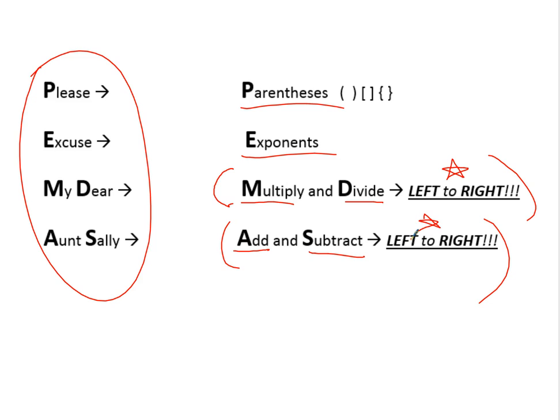Okay, and also with parentheses, these really are just any grouping symbols. So they could be parentheses, they could be brackets, they could be braces, they could be some sort of square root sign. But anything that is grouping numbers together is where we want to focus on and where we want